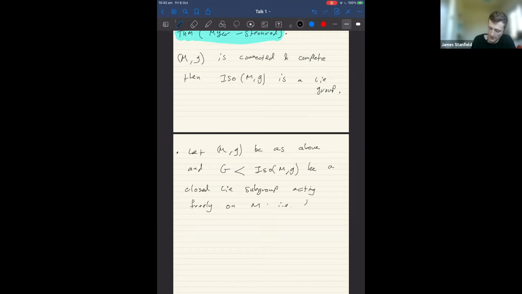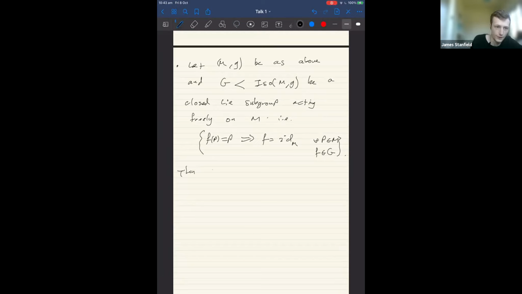I mean that if any point p is fixed by some f in G, then f is the identity on M, for all p in M and f in G. So we take this closed subgroup of isometries, and we ask that the only isometry that fixes points is the identity. Then the quotient, which is just the orbit space,